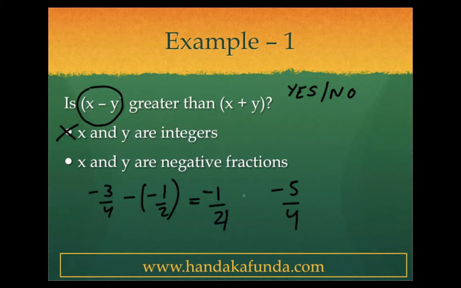So which one is bigger? x minus y is bigger. In this case, x minus y is bigger. Will it always be bigger? Yes, it will always be bigger, because one of the negative fractions, the y, will turn positive because you are doing minus y here. This will always be a bigger negative value. So with the help of the second statement, I can say that my answer is yes. So I have uniquely determined the answer as a yes from the second statement, that is, from one statement alone.